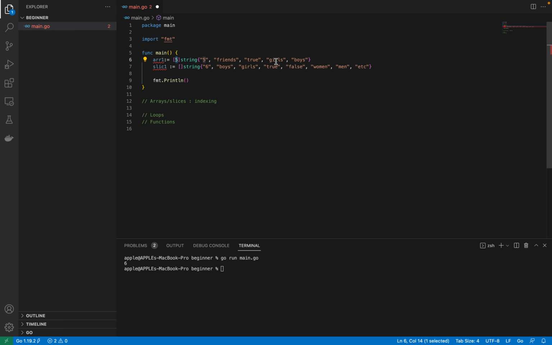1, 2, 3, 4, 5. Okay, let's not confuse this, right? You can just do 1, 2, 3, 4, 5. You can see that the length is 5, right? So even if you are doing length of, you can always do